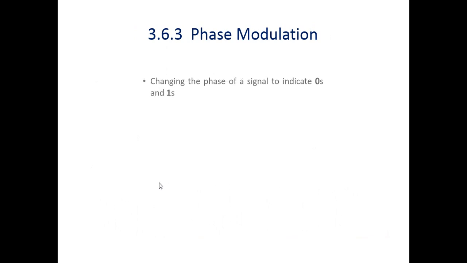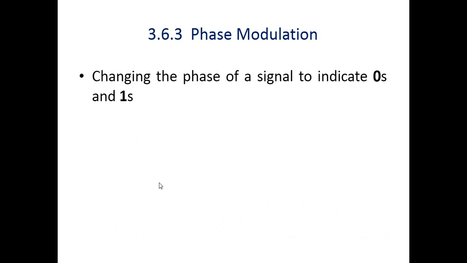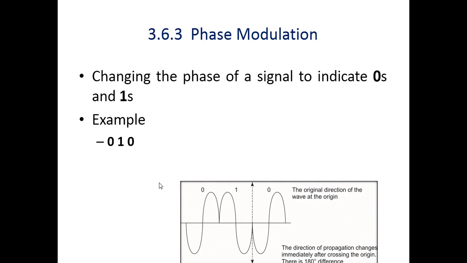Third is the phase modulation. In the phase, the direction of the waves is changed. In this example, the data bit values are 0 1 0. See, the first element is 0. 0 is represented in the lower part, and now its shape or phase is changed by 180 degrees. The effect of this 0 at 180 degrees is exactly the opposite of it. So this one is the change in the phase. Here the amplitude and the frequency remain as they are.